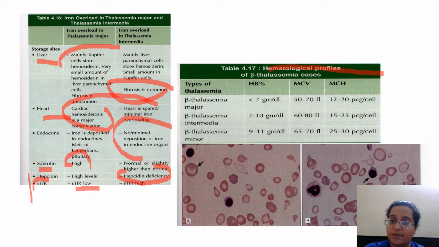A smear which has been transfused will not have this kind of a poikilocytic picture. It will have spherocytes. So when you interpret that smear, you might miss or make a wrong diagnosis. So ask the clinician to repeat the peripheral smear after 3 to 4 days after the patient has been transfused, because let that transfused cells die out, get consumed, get diluted with whatever the normal picture is.